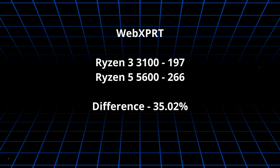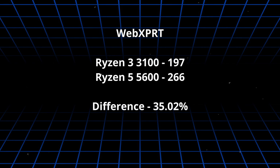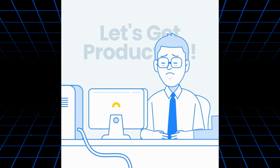WebXPRT is the last test from this category. It contains HTML5, JavaScript, and WebAssembly-based scenarios created to mirror the tasks you do every day: photo enhancement, organize album using AI, stock option pricing, encrypt notes, and OCR scan using WASM, sales graphs, and online homework. The next group of tests is for